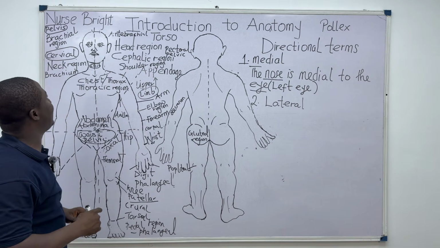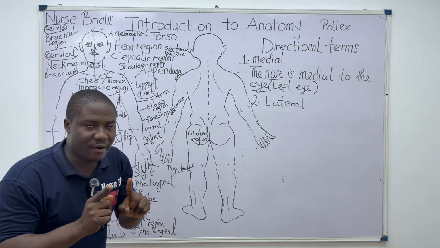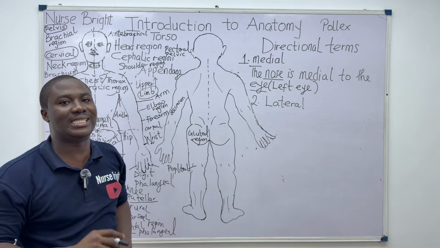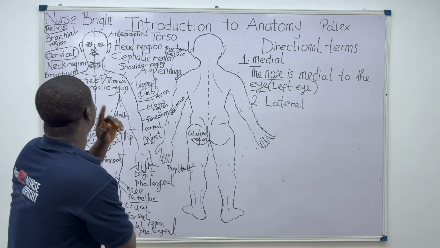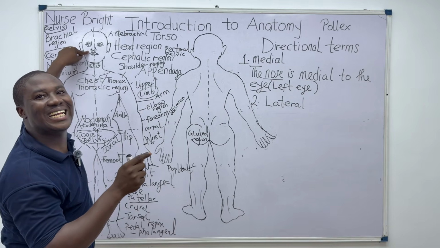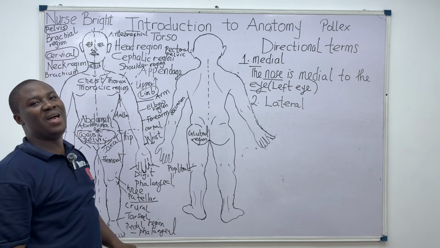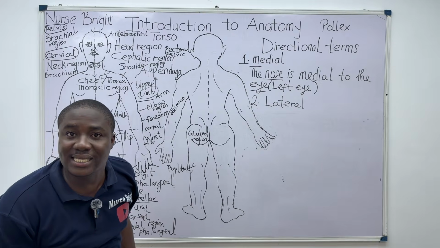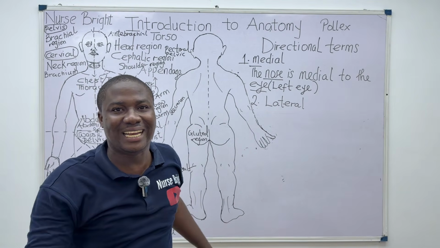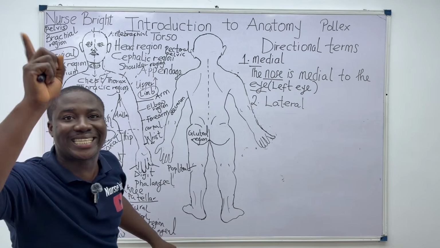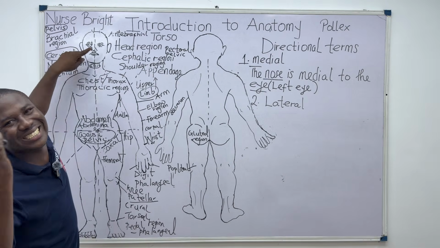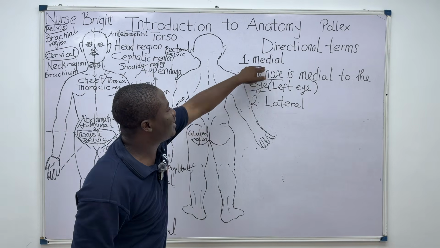So let's relate again. This time around, the nose and the eyes, that was what I wrote on the board. Let's play with this, using the word lateral. So I'm asking you now, is it the nose that is lateral to the eyes? No. Because for it to be lateral, you have to be farther away from the median plane. So what becomes the right statement? The eyes is lateral to the nose. Yes. We said the nose is medial to the eyes.